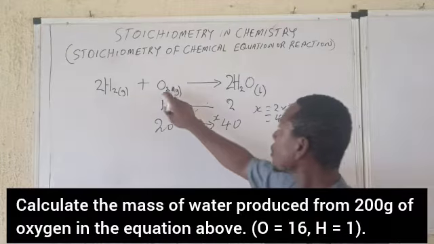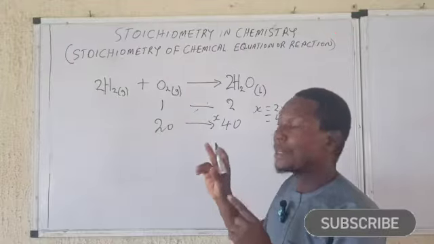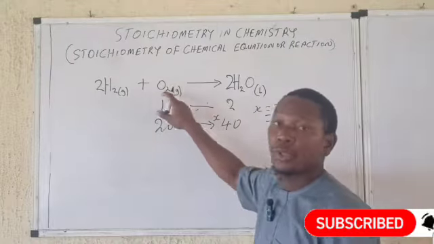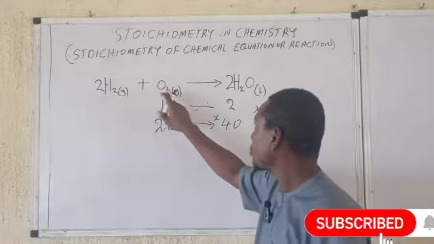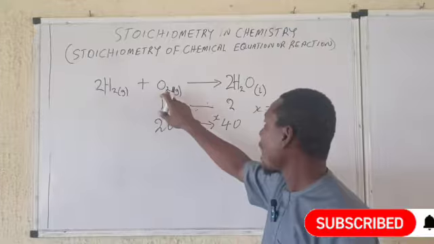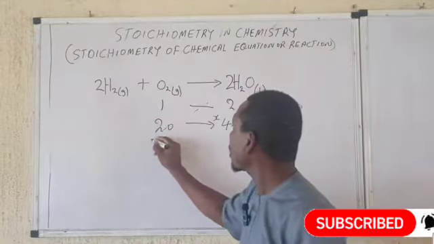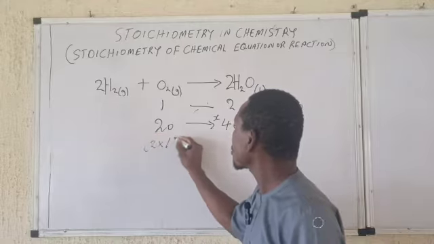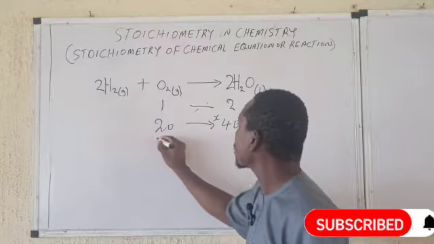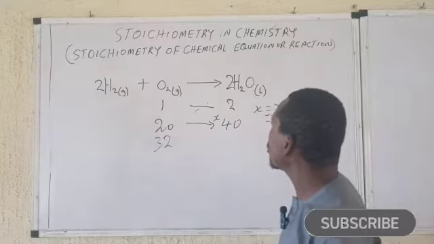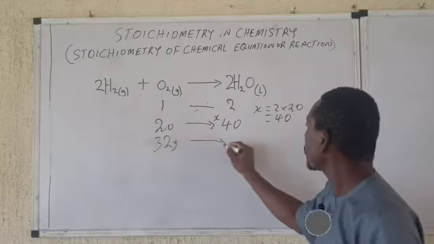Remember, the molar mass of oxygen is actually 16, but we have to multiply by 2. Remember, what is the molar mass of oxygen? It's 16. But oxygen molecule has 2 atoms of oxygen, so you have to multiply the 16 by 2. So here we now have 2 times 16, which will give us what? 32. So here, we now have 32 grams of oxygen giving rise to